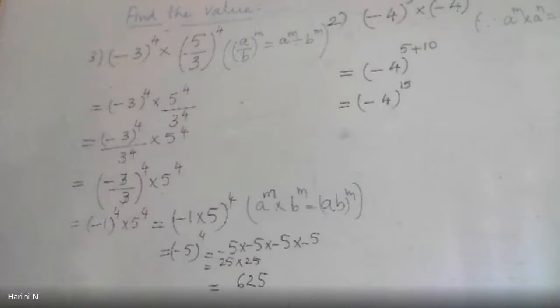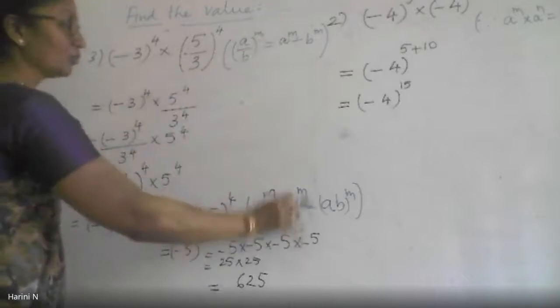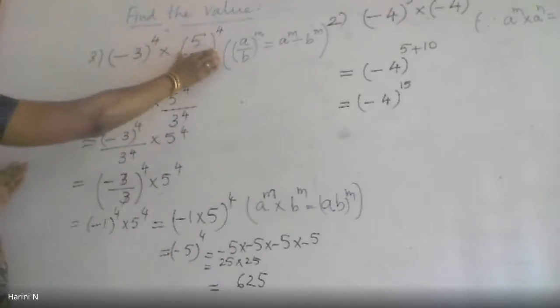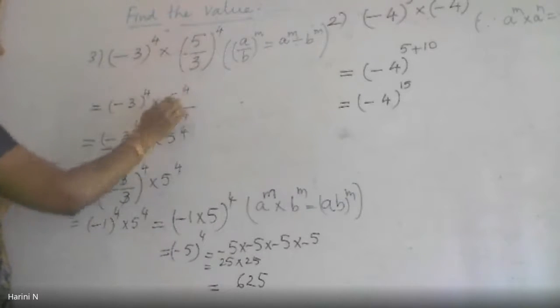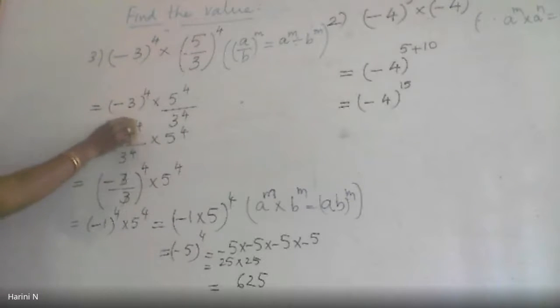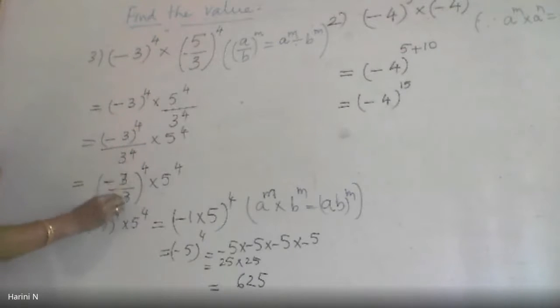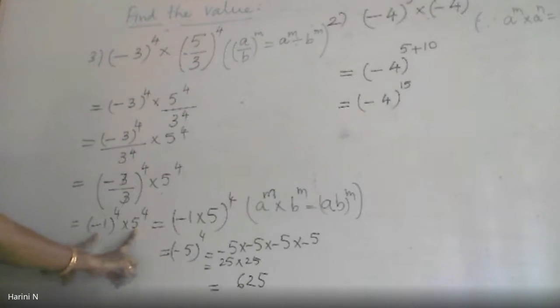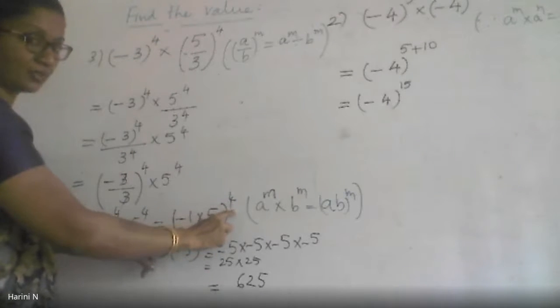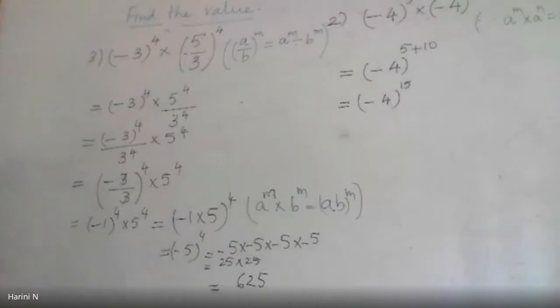Any doubt? See, this problem is completely based on only two laws. I am just trying to adjust them the way I want. I started with division. I put them separately. Why did I put them separately? Because I wanted to shift the 3 here. When I shifted the 3 here, again I am seeing the power is common. So I am taking both the bases together and keeping the power common. I could cancel and get negative 1. Again I have two bases which are different but the powers are common. So I have multiplied the base and kept the power common. Then I expanded the final value to get the solution of the problem.